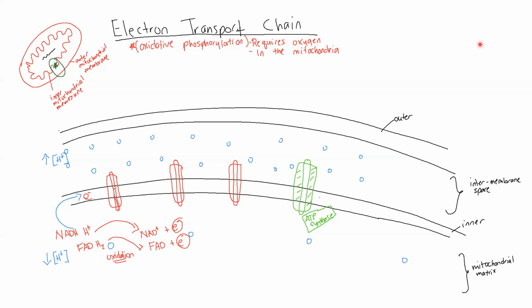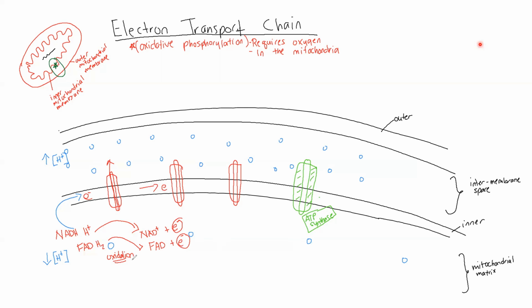going across the inner mitochondrial membrane against their gradient, that's going to require energy, and that is what we're using the electrons to do. So the electrons are giving us the energy, right? That's why these are shown in red, because they're going to use the energy of the electrons. And as we pass the electron from this transporter to this transporter, we take that energy and move hydrogen ions